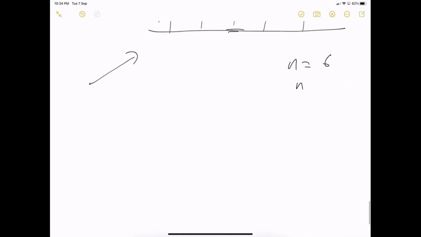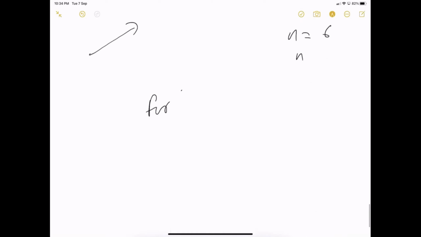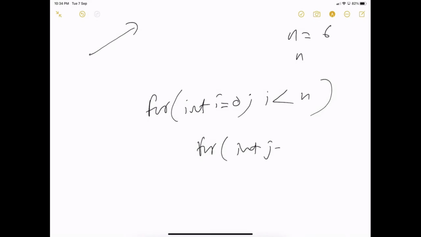Let me give you another example. For int i equal to 0, i less than n, and inside that I have another for int j equal to 0, j less than n, with i plus plus here and j plus plus here.